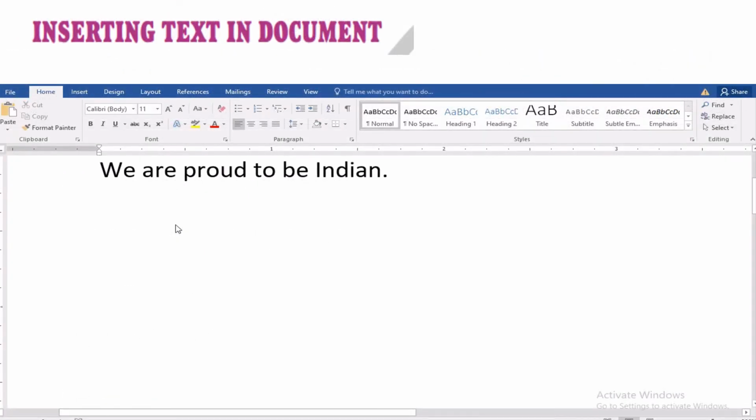Children, next we have inserting text. Inserting text means we have a document and we forget to write any word in between the text, and how can we write it? If we are writing in our notebook, then we have to erase everything and then write, or we have to write again if we are using a pen. So here I am going to tell you.